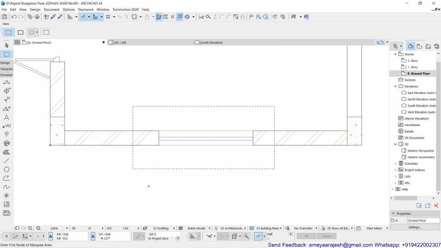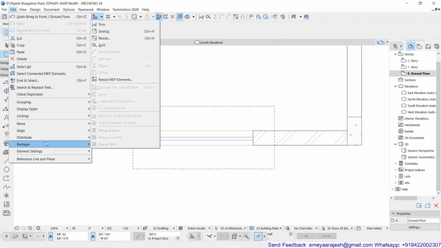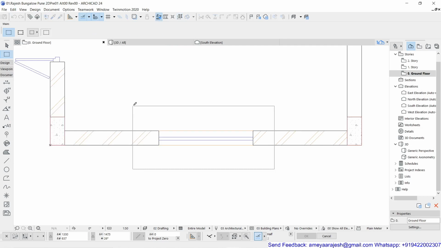So how do you activate this stretch tool? You have to go inside the pull down menu, Edit, inside your reshape group, you can see it is written as stretch, Control H. So I'll use the hotkey. Now you can see your marquee area is frozen. There is no prompt as such. You just have to pick one point as per your choice as a base point. Drag your mouse on the required side to indicate ArchiCAD on which side you want to continue the stretch.